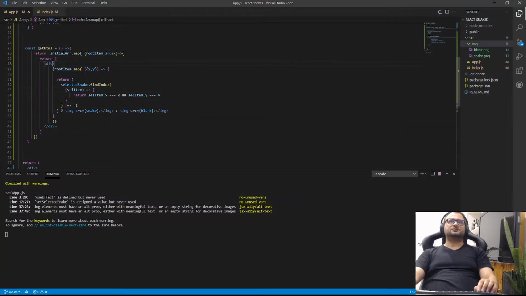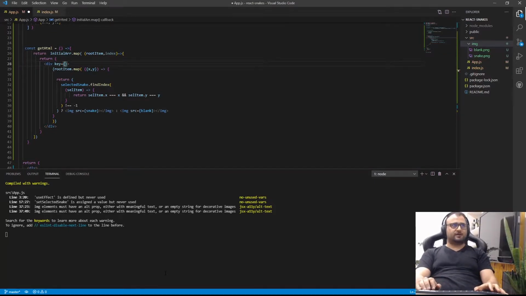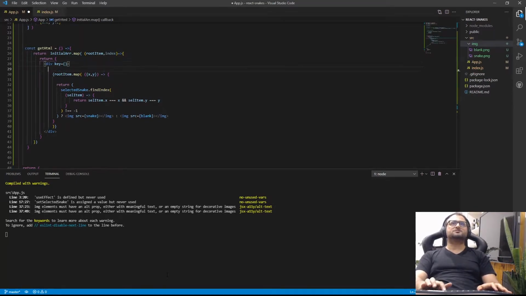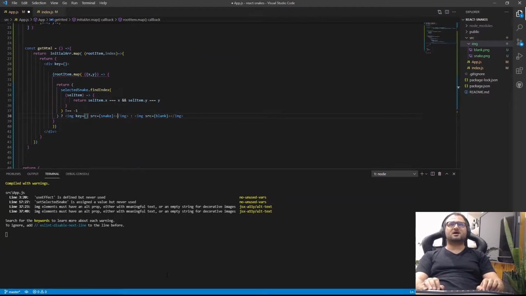What I need to do is to put a key over here. We will define the key in a minute because it's multiple values. So a key over here, sorry, and then I also need to put a key in my images. What should be the key, you ask? I will tell you what it should not be. It should not be a grid, a new grid, random grid which you generate, because if we are doing this,